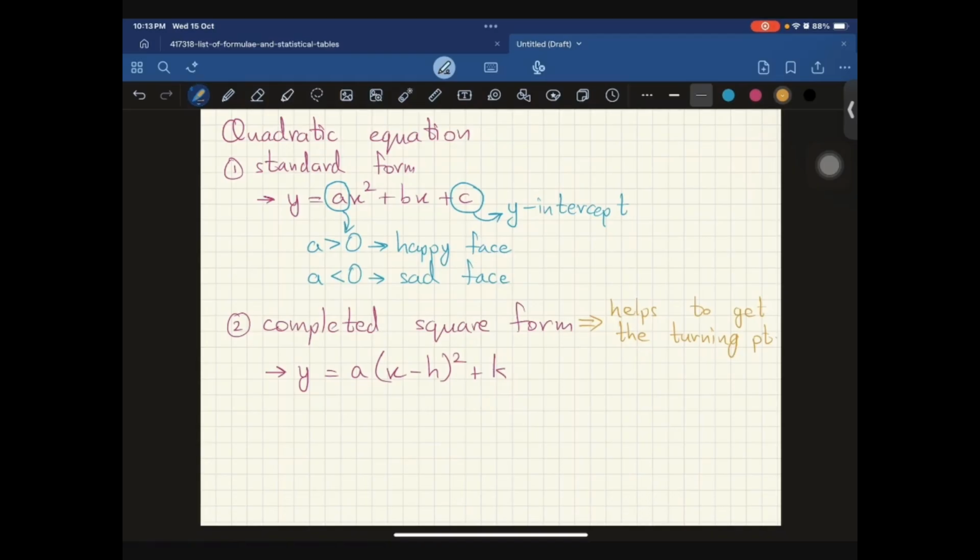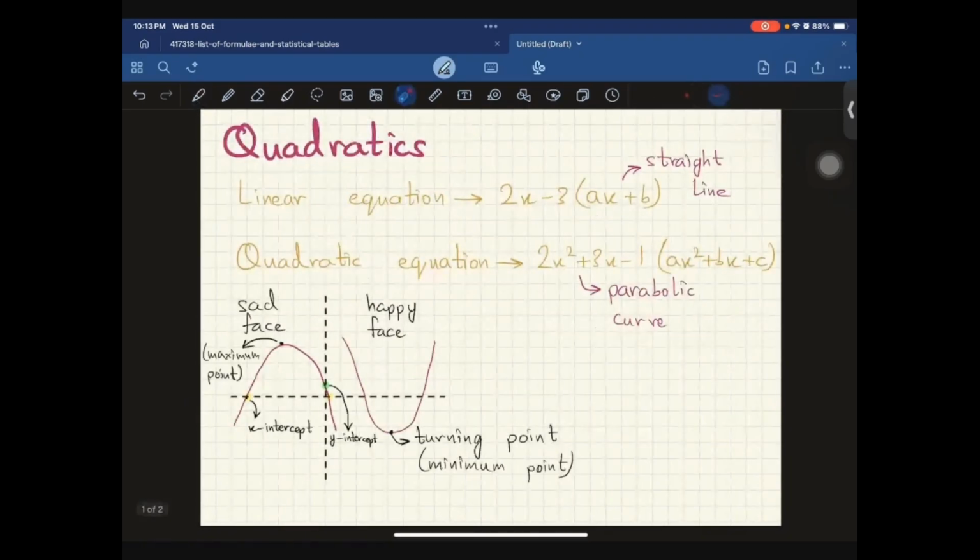Go ahead. It's the point where, for example, if it's negative, it's going to go towards the positive end. Can you tell me, let's say we have a happy face curve, where will the turning point be? It's going to be at the minimum point. All right, it's the lowest point. Basically, it's the minimum point. I think that's perfect. Sam, does that make sense to you? Yeah. Okay, perfect. So now these were the turning points for a happy face curve and a sad face curve,